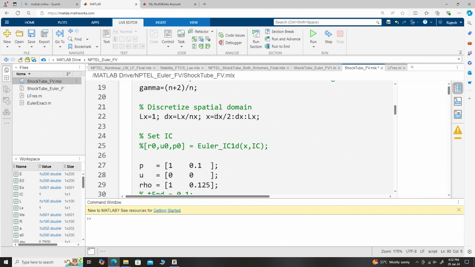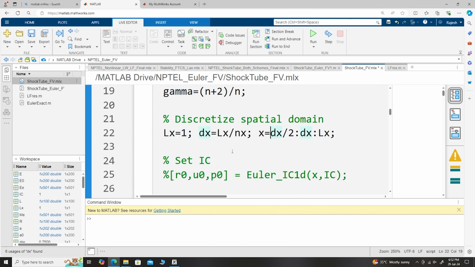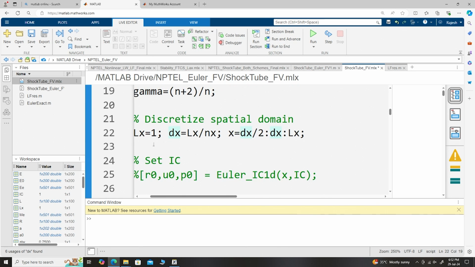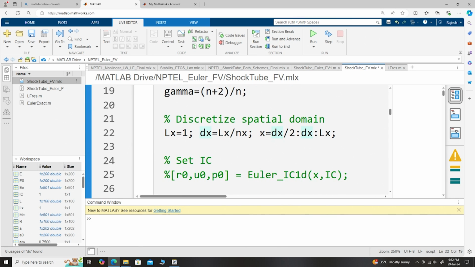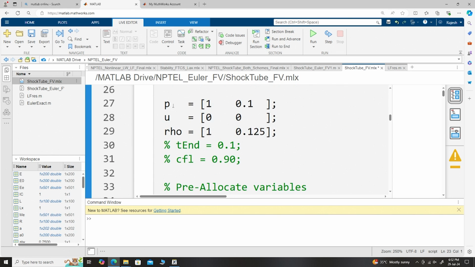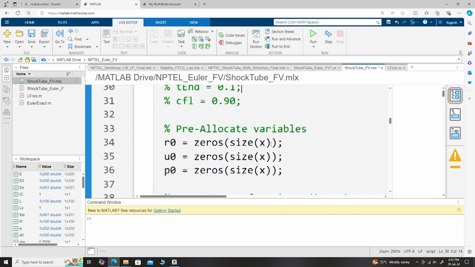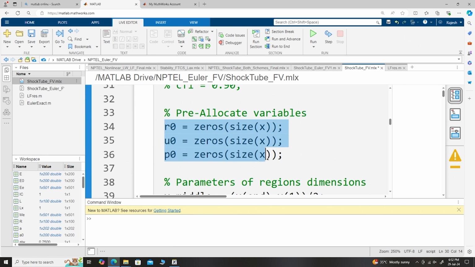So, you can see that I let me just make it a little bigger. Okay, so, my length is 1, Lx equal to 1, and the discretization I have is from dx by 2, right. So, my starting point is not 0, it is actually from dx by 2. So, it is the cell centered scheme, okay, and these are my initial conditions, okay,